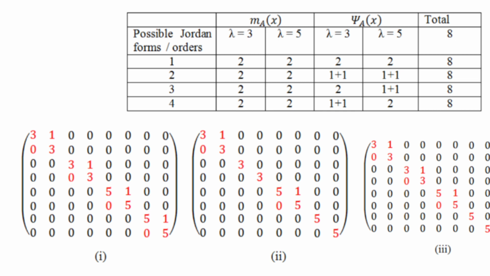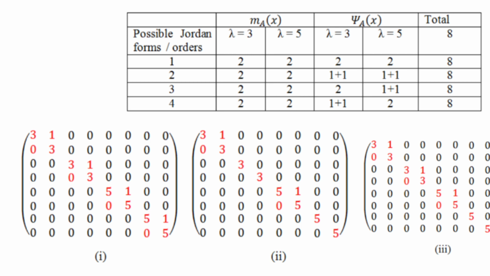You will get 5105, and similarly for chi A of x, corresponding to lambda equal to 5, you get one more block 5105. Next you take the second form. In the second form, lambda equal to 3, you have to construct a Jordan block of order 2. So that is 3103. Similarly, for lambda equal to 3 with respect to chi A of x, you have to